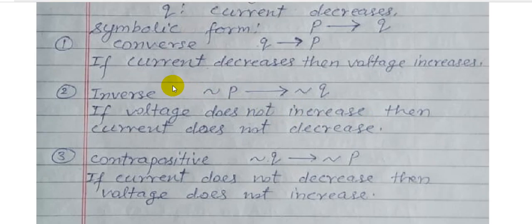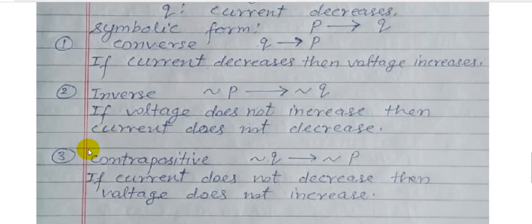So if I ask here, what are the connectives in logic? So your answer will be not, and, or, if then, if and only if. There are 5 connectives in logic. Okay.